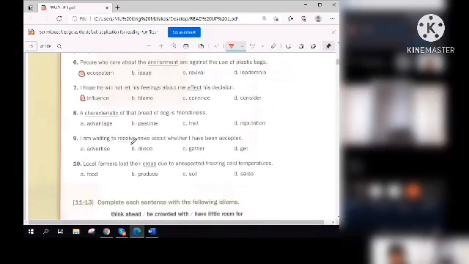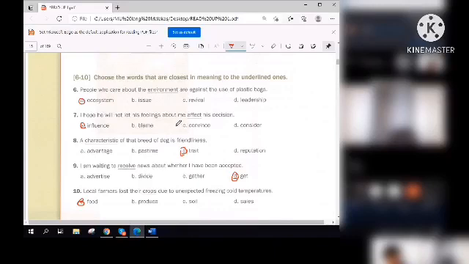Number eight, a characteristic. C, trait. Yes. And number nine, to receive. D, get. That was pretty easy. And number ten, crops. A, food. Very good.